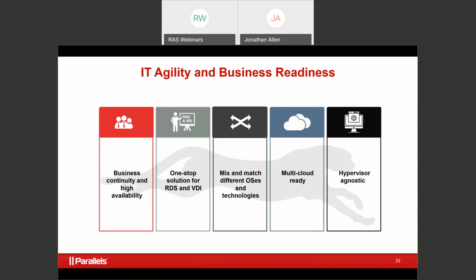It's multi-cloud ready. It allows you access to the cloud faster, scalable, and it's very reliable. We do support, obviously, Microsoft Azure, Amazon Web Services, Google Cloud, and more. We are hypervisor agnostic. What does that mean? Parallels RAS is a VDI hypervisor-independent solution. It doesn't matter what you're utilizing, Hyper-V, VMware ESXi, Nutanix, Scale, Azure hypervisor, whatever you're utilizing, we're agnostic to that. It's more important for us that you're able to utilize what you feel comfortable with and feel good about.